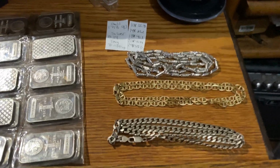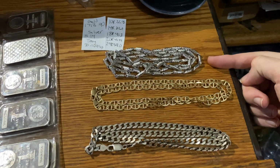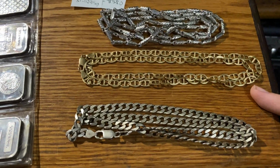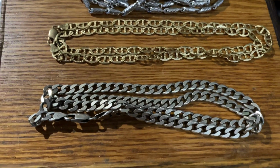All right, so here we have a couple examples. These are those silver bars I was showing you. This is a fake silver chain. It was sold to me as real, but it turned out to be fake. This is a 14 karat gold chain, which is also real, and it has its markings there. Even the fake one has a marking on the clasp, and this is a solid silver chain, which is real